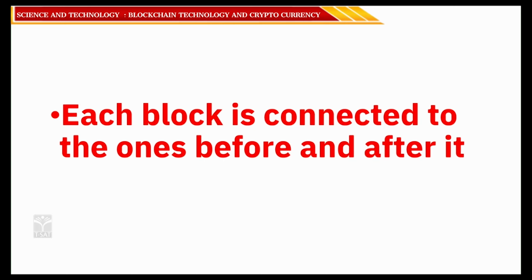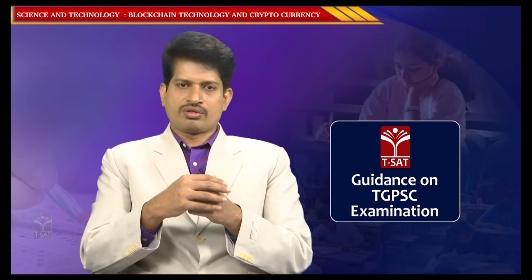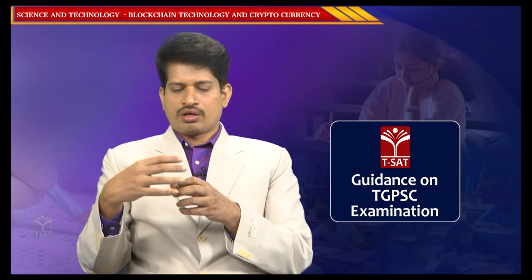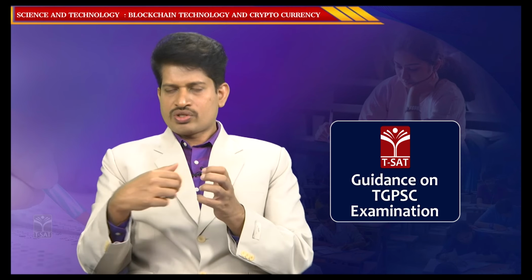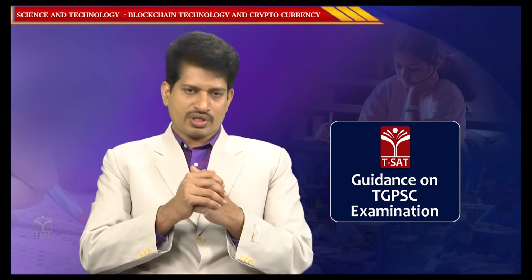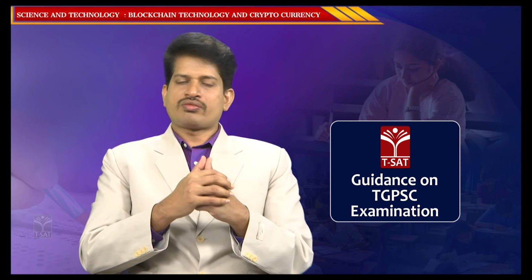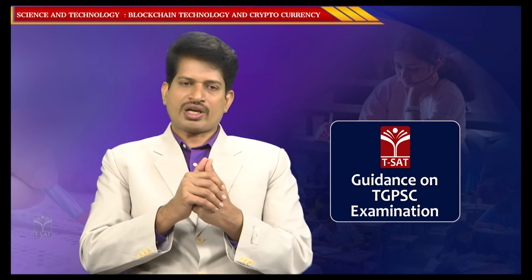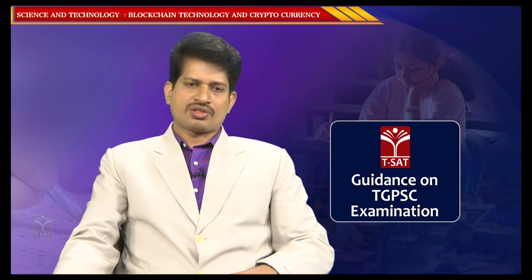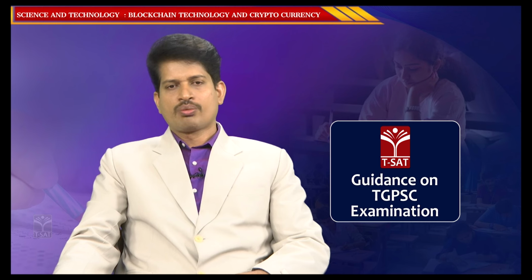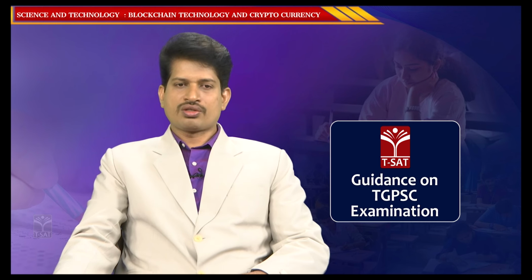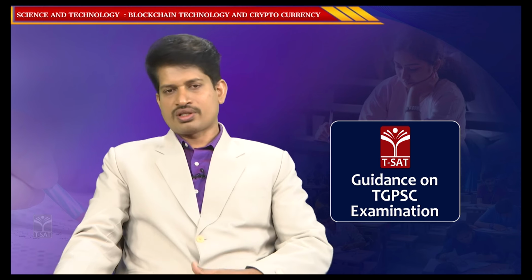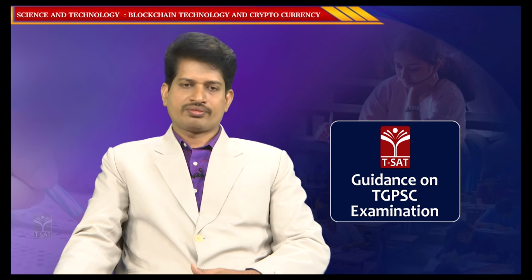Each block is connected to the one before and after. So there is a sequence of blocks of OTPs connected one after another, which records even the time duration, so that the sequence of transactions and the time duration can be established, which gives a lot of transparency and clarity between parties of a transaction, which develops confidence in transactions. So this is one of the basic characteristics of blockchain technology: a sequence of transactions is recorded and tracked.